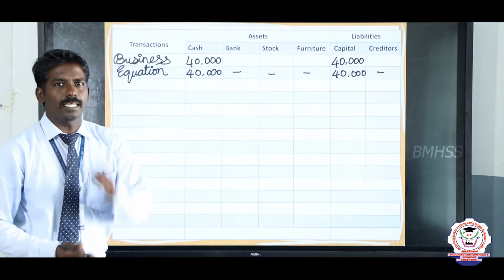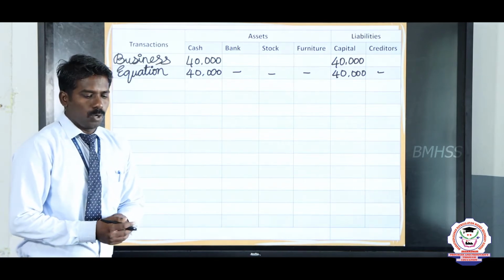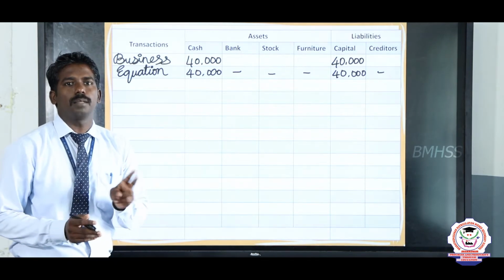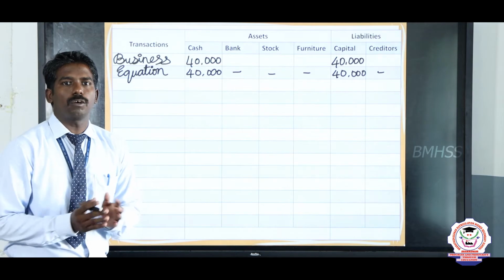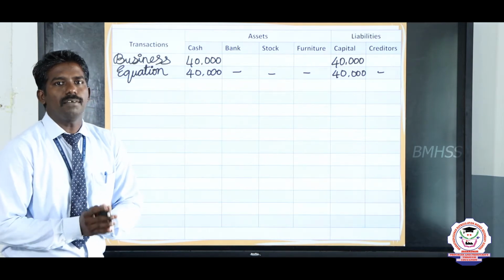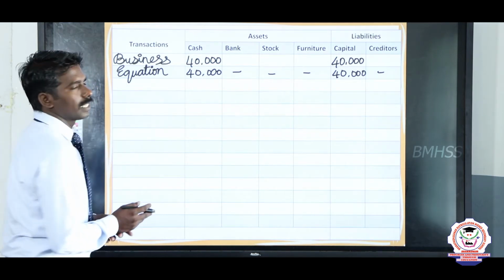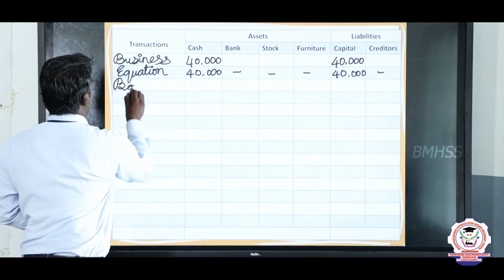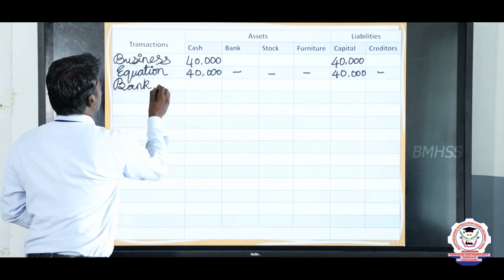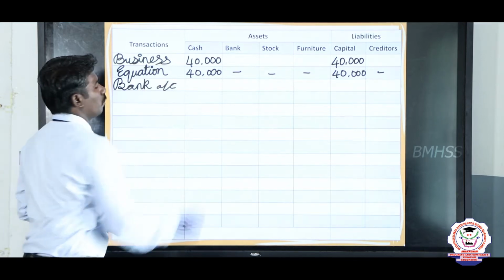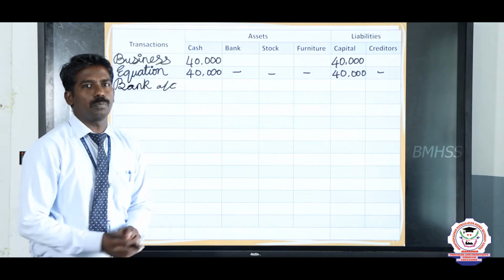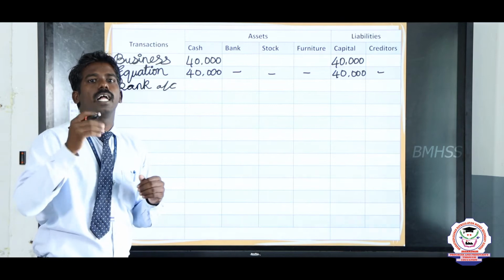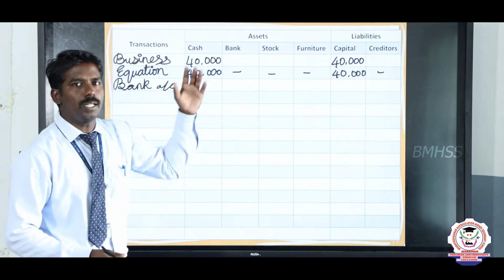And see the second transaction. Open a bank account with a deposit of 30,000 rupees. So the second transaction is: open a bank account with a deposit of 30,000 rupees. Write in the transaction column, open a bank account. When we take 30,000 rupees from the business organization and deposit it in the bank,